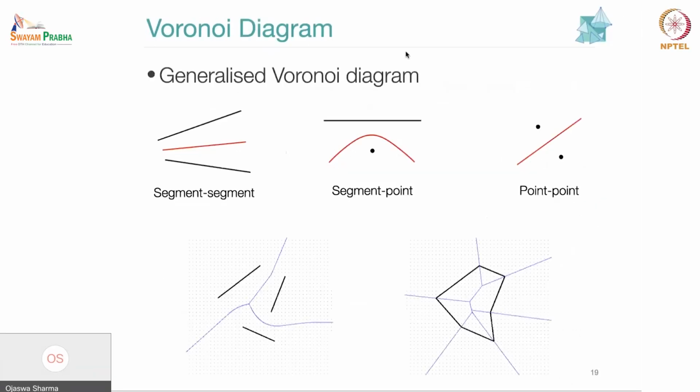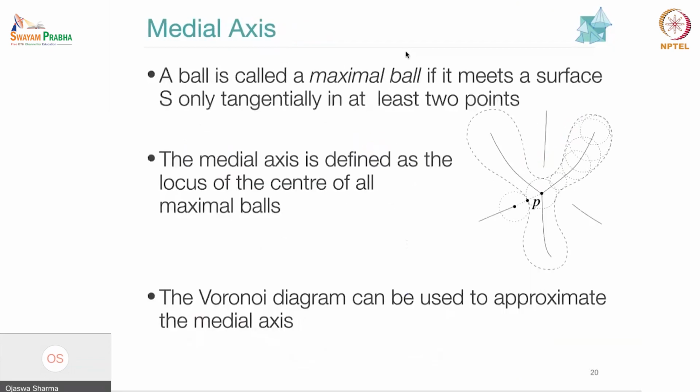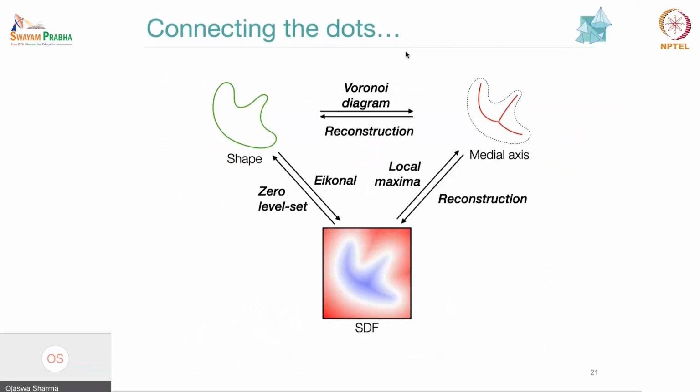Right? If you see here, you could probably notice that in the polygon case, you have the medial axis that sort of passes through in the middle, but then there are certain other spokes that are piercing through the object. The medial axis will not pierce through the object, right? So that's why we said you could approximate the medial axis with a Voronoi diagram, and there are many algorithms to do that in a discrete setting, right? So we studied a lot of things